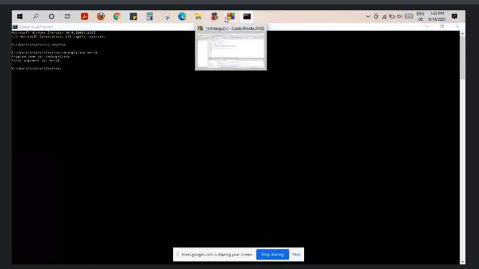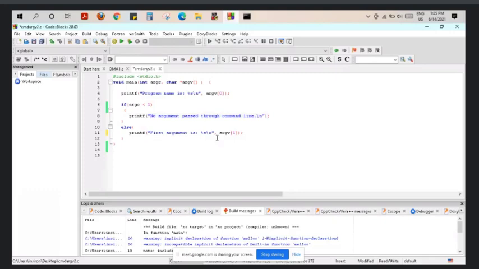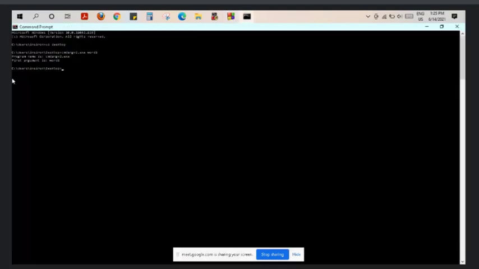prompt screen. So the question is, here we have given only one argument, word 1, given by the user. If I am also specifying one more argument, word 1, word 2, word 3.